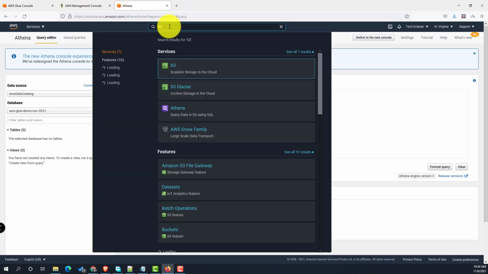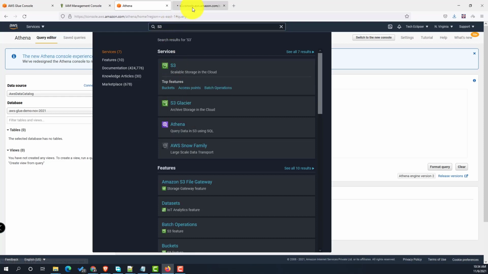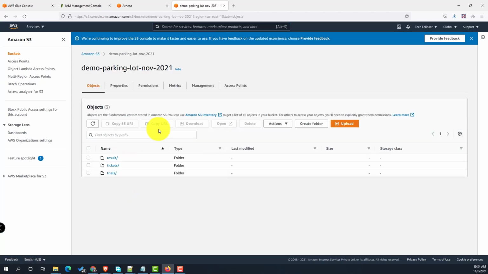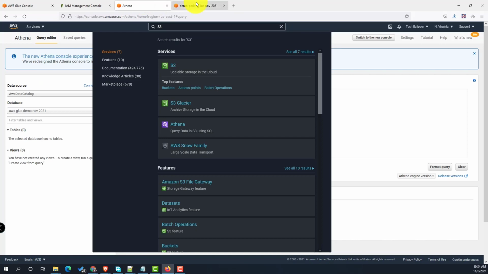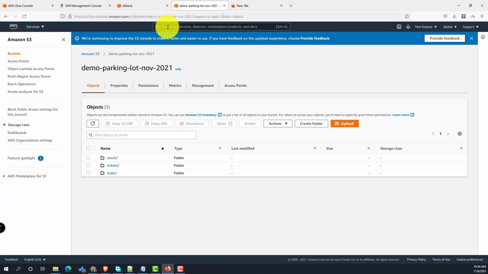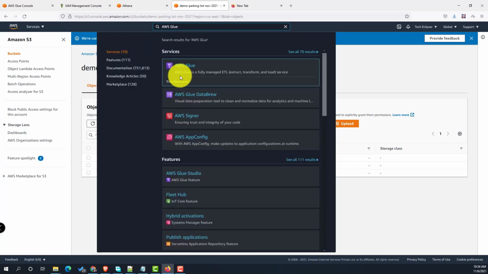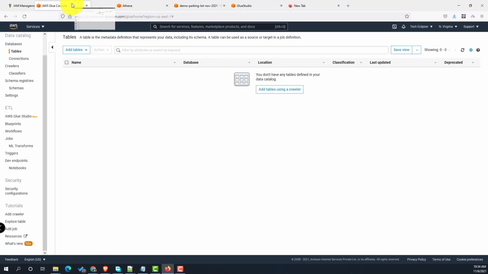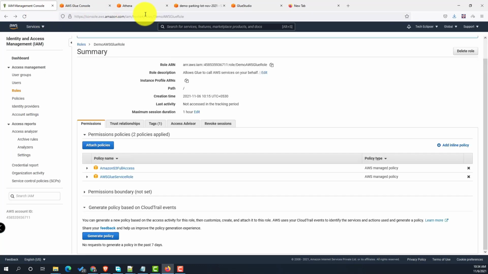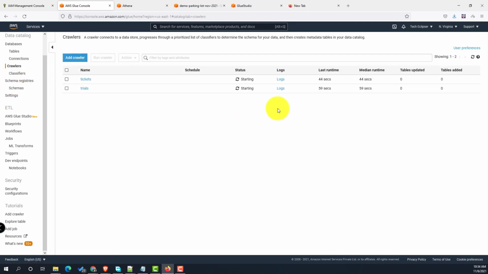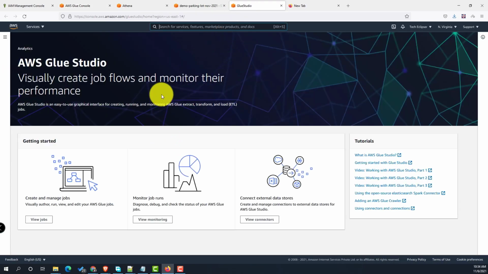We'll do one thing. In the meantime, open all those required data and sections so that we can monitor. Now open Athena. Okay, let's see what's happening at the crawler. In the meantime, till the crawler gets complete,